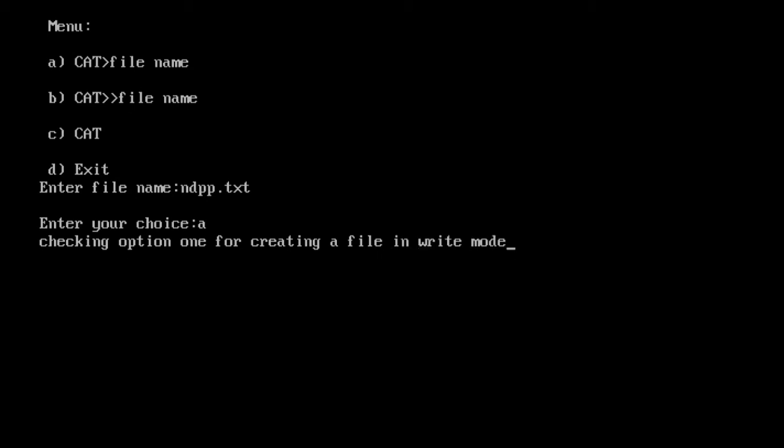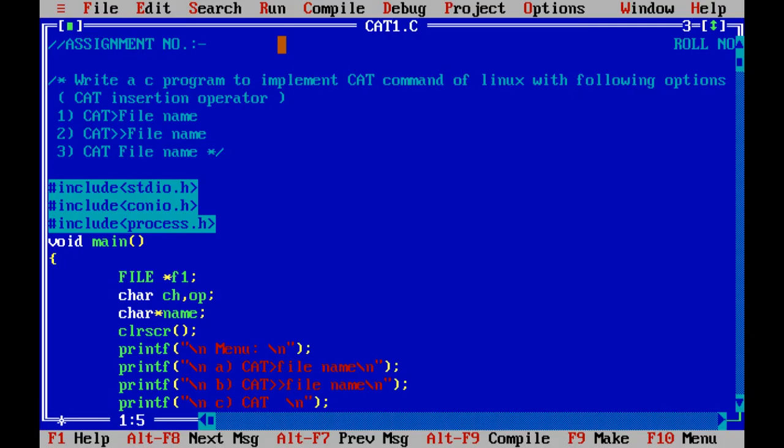I have already told you in the code, unless and until it encounters a full stop, it is going to just get the characters. Now I am just passing a full stop and enter, again enter. So option 1 is successfully implemented.